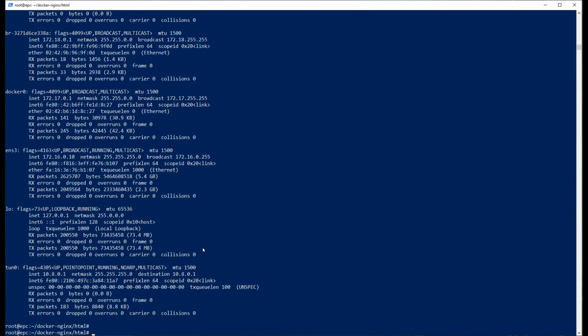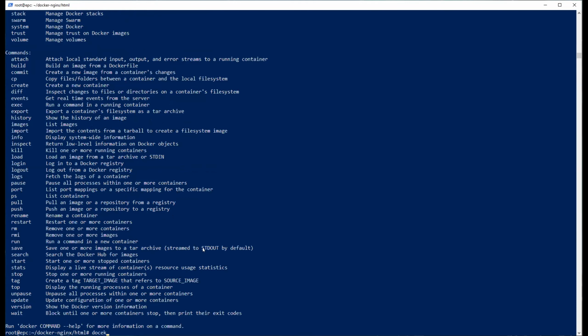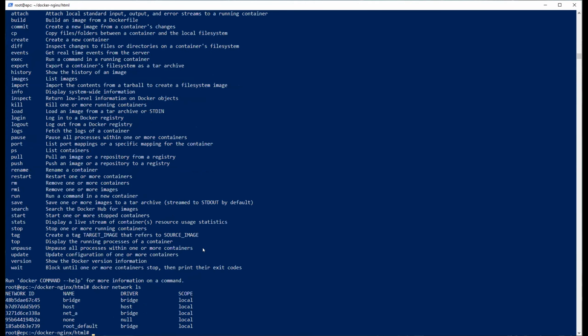So if we check the networks again, docker network ls, we have some additional networks. That's in my case, you will have only 3. I'll delete these for the matter of convenience. docker network rm, just like removing a container. You can do it by the name or by the ID.